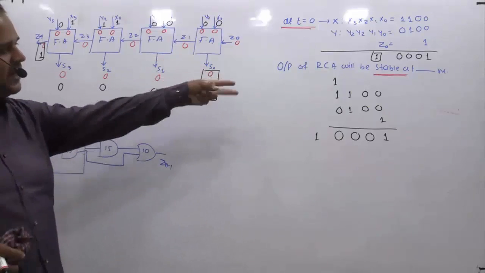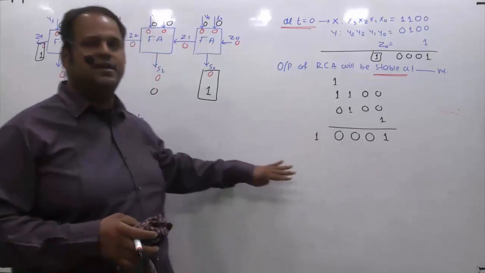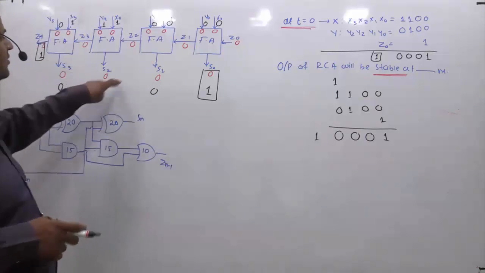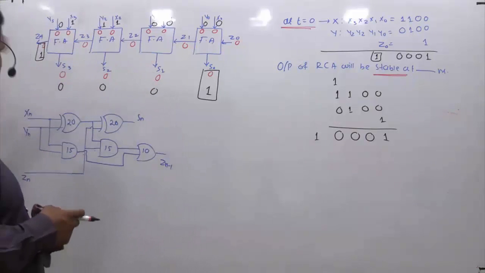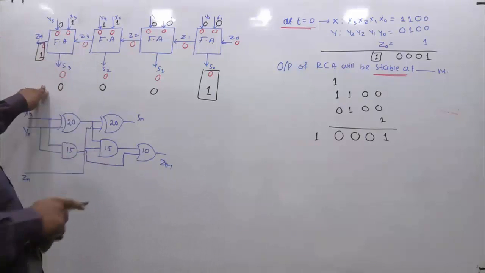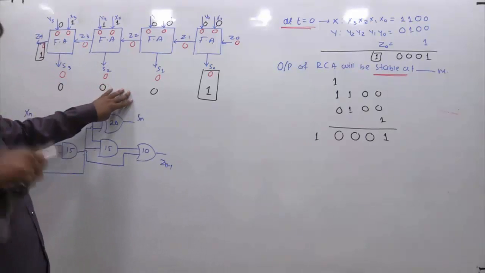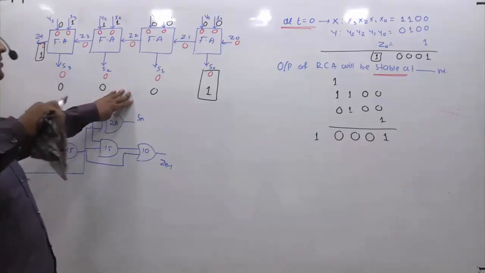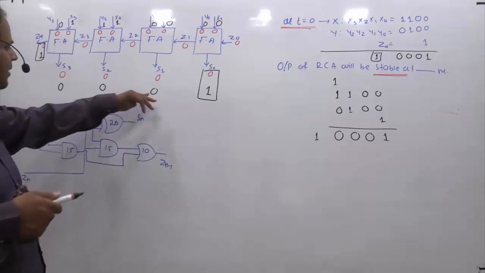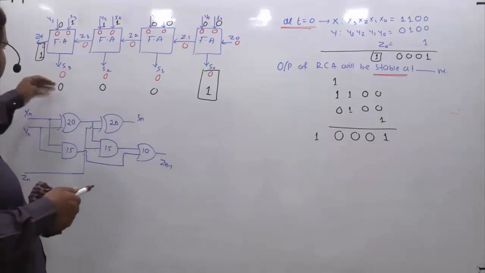As far as this bit addition is concerned, if I speak in terms of the ripple carry adder, the S3, S2, S1 bits are by default stable, because whatever is there initially, the same thing you are going to get even after addition. Stable means they are already in the state of the corresponding result, so you are not going to observe any change here. They are the final values.